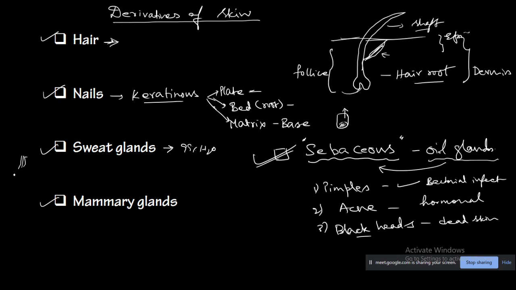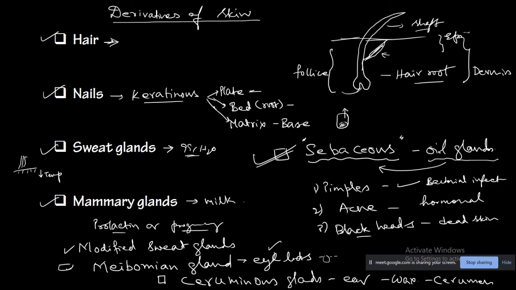Okay, what do they produce? They produce the wax. This is a very interesting question, sometimes it comes. It produces the wax, which is also known as the cerumen. So that is helping the eardrum. This is very delicate. It will help protect it from the damages from the dust particles and germs. Wax will catch all those dust and all those things.